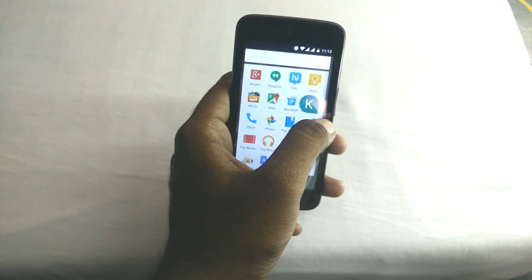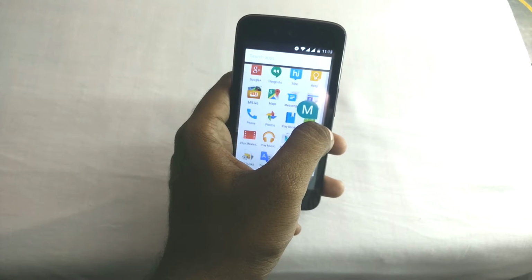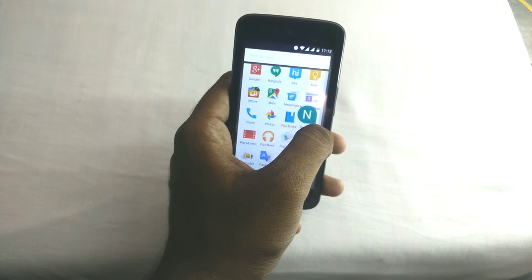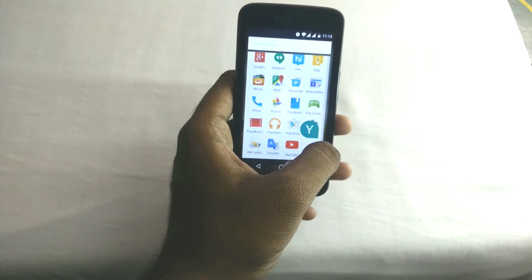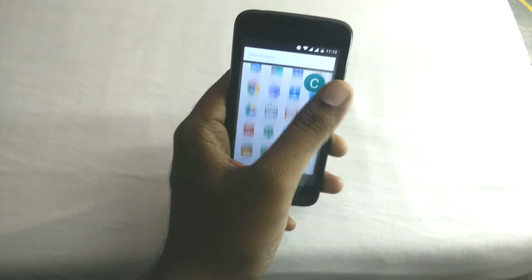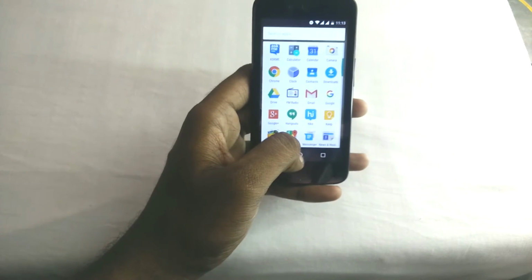If you slide through the side, it also takes you to the apps alphabetically, which is very useful in finding the app. If you look closely, you can notice that in whichever alphabet you scroll, the starting app with that alphabet pops up a little bit, which is nice and useful.